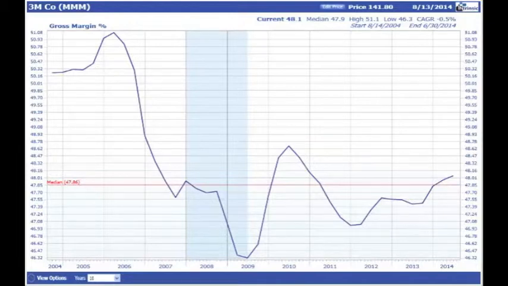The ratio is composed of gross income divided by revenues and expressed as a percentage. The gross margin is based on income statement line items and can be computed on a trailing 12-month basis using the last 4 quarters of data. Gross margin can be read as the percentage of revenue retained after expensing cost of goods sold. A margin of 90% means that a company retains 90 cents of every dollar generated in sales after paying for